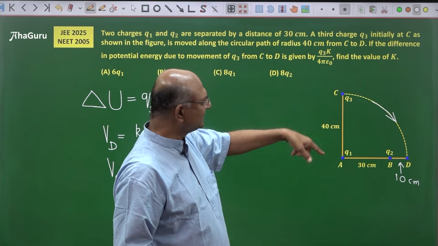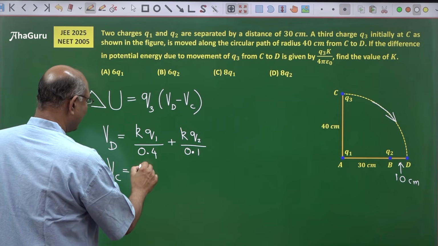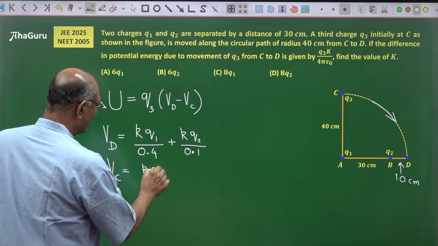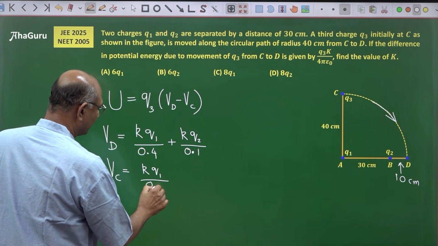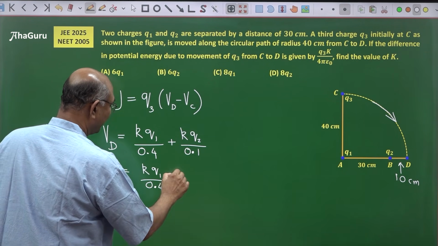Well, Q1's contribution, this is still 40 centimeters, no? This distance is 40 centimeters. So we can write KQ1 by 0.4. Notice these two are the same. Okay? Plus